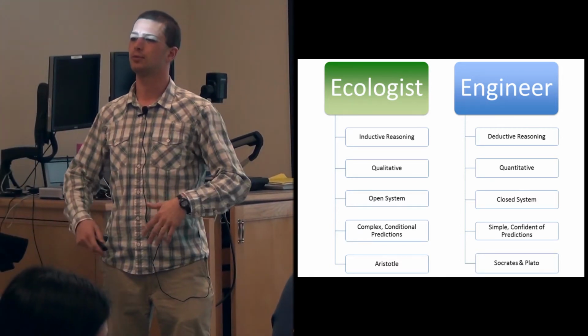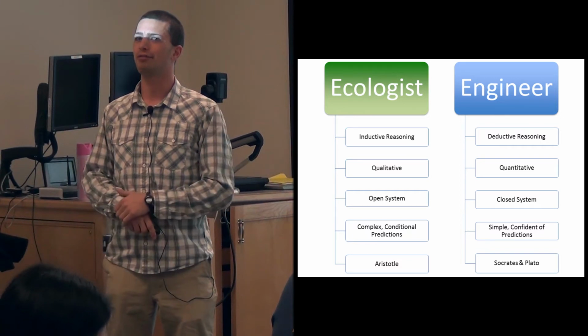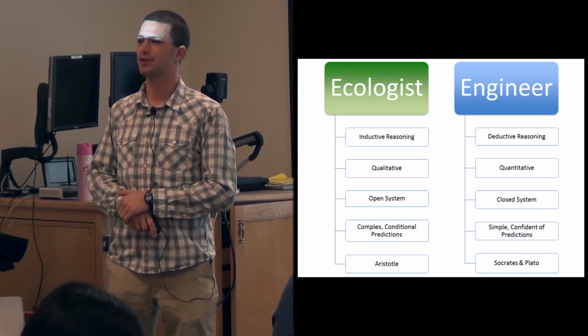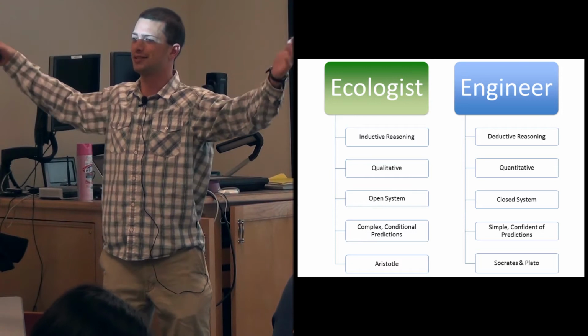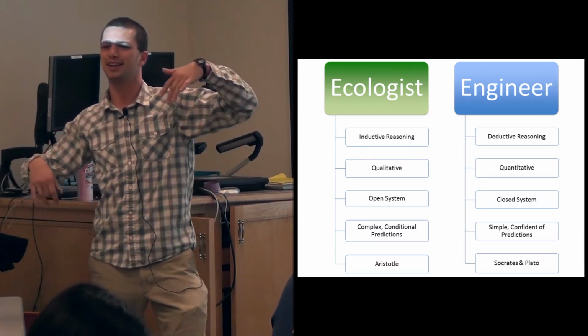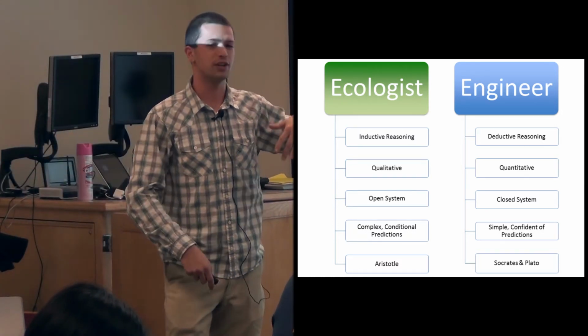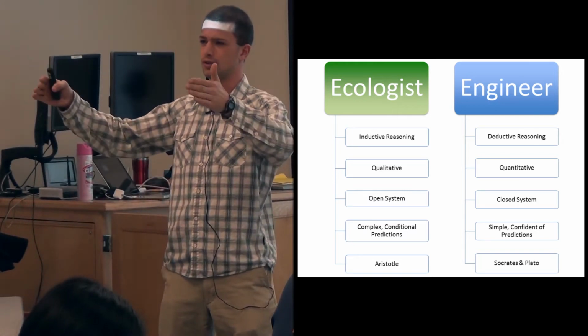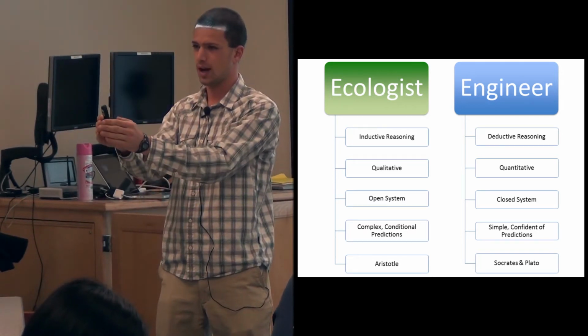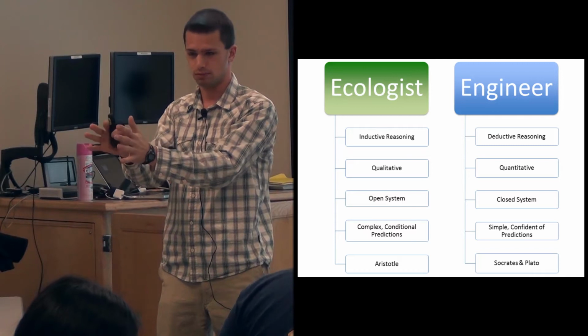Ecologists typically deal with open systems, where sometimes if they can't explain something that's not understood, they just say, well, it's part of the system where things are interacting from the outside, and it's part of the stuff we don't understand. Whereas engineers typically isolate and reduce the system they're working with to a very specific, constrained scenario.